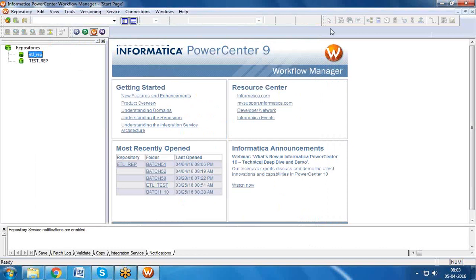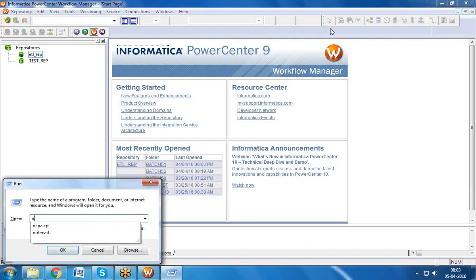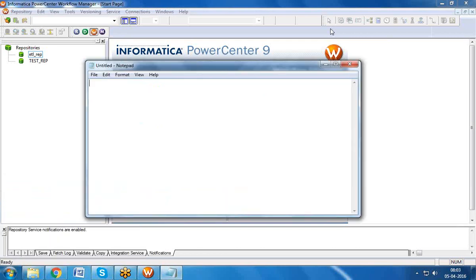In a sequential batch, sessions execute one after the other. So what happens?